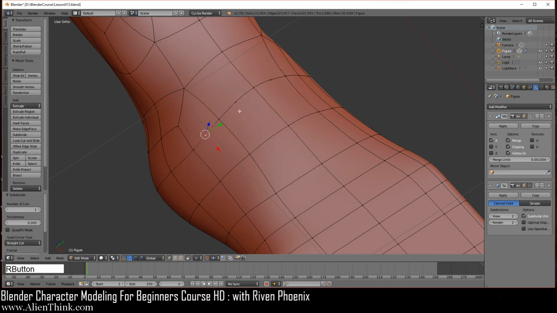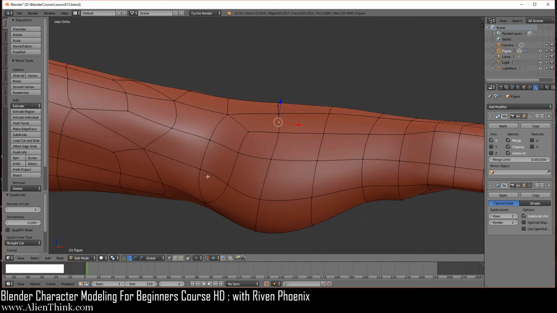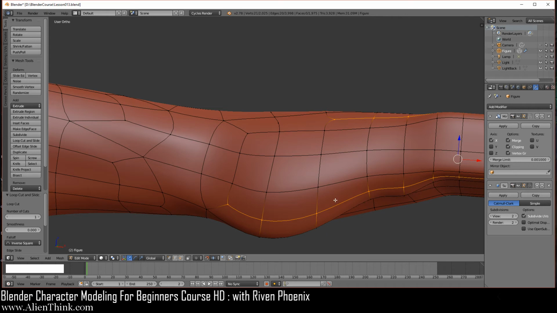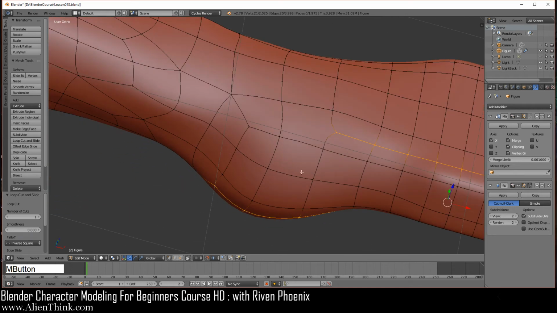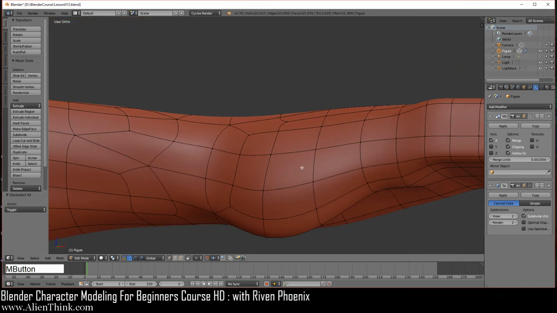Now if you click on this vertex, this one, you can see that we have these vertices over here. Let's just talk about this vertex first. Over here you'll see that what we have here is a triangle. So what this is going to do, if I do Control R, you see how this edge loop is coming. If I hover my mouse like this near here, I'm just going to do left click and right click. So notice that when you have that triangle, when you have an edge loop coming, it automatically creates a quad over here. Okay, so all we have to do is really just select this and just do J to join. Okay, so we've got that covered.